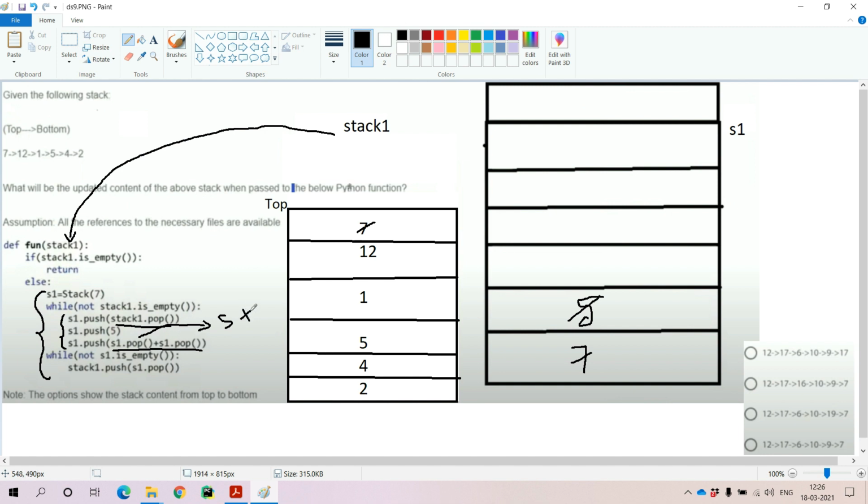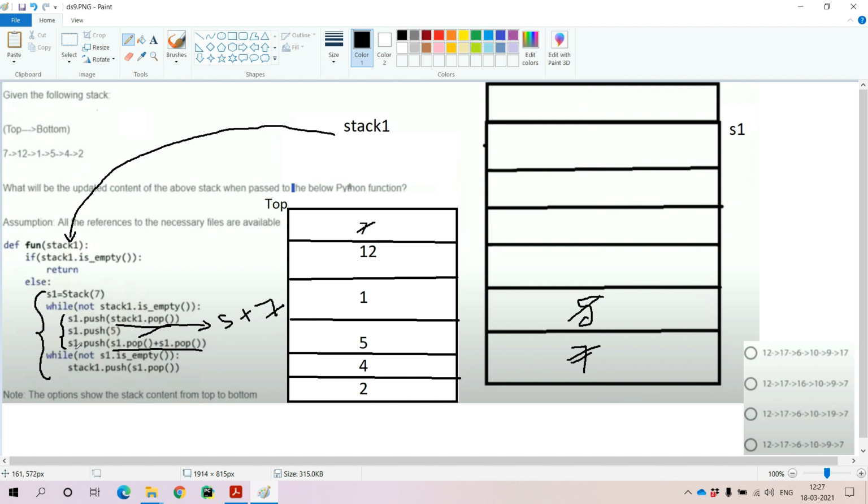plus we have to pop one more element. Till now, out of 2 elements, 1 element has been popped from S1, and we have to pop one more element. S1 dot pop means only one element is there. We have to pop it. 7 also we are going to pop. Here we will get 7. 5 plus 7 in the sense the output that we are getting here is 12, that we are pushing into the stack.